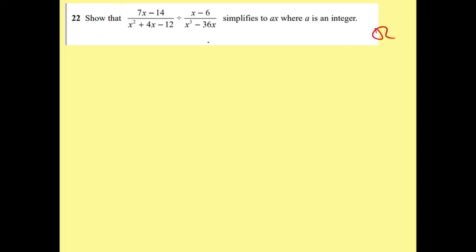What I'll do with any algebraic fraction question is try and factorise whatever I can. So the first one I can take 7 out, which will make it x minus 2. The bottom one, that's quadratic, so it's going to be 2 brackets,